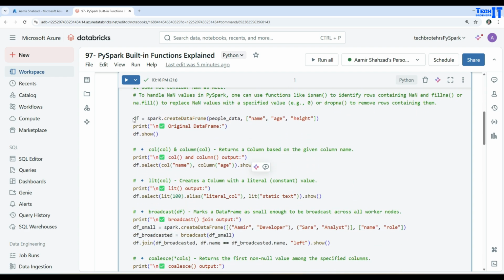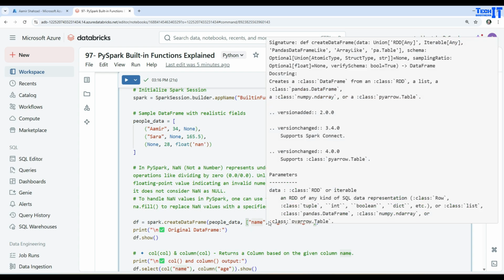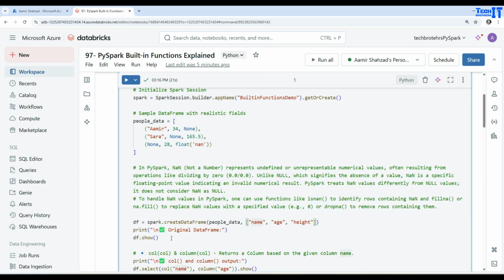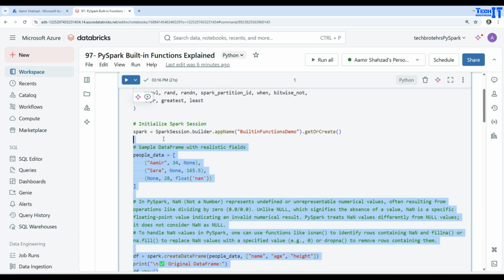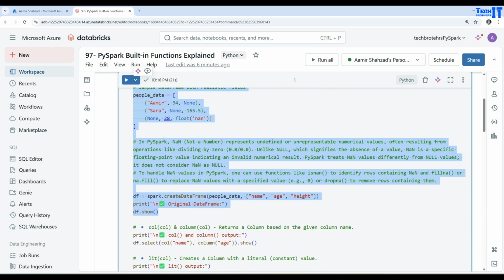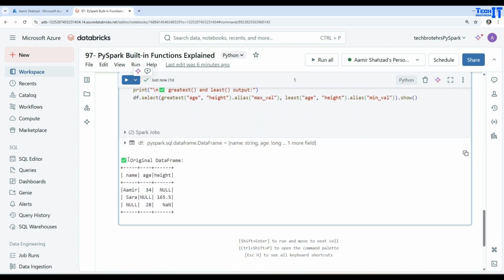So here is a data frame I'm creating called df, DataFrame spark.createDataFrame, people data. We are using this sample data. Then we are providing the list of the column names: name, age, and height. Then I'm going to go ahead and execute this. What it is going to do, it is going to create this df data frame and then show us the records. So let's take a look at this data frame here,